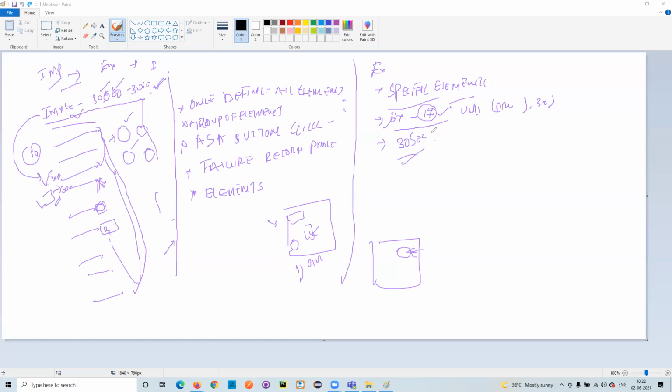Once after 30 seconds it didn't identify that element, it will fail that particular script and abort that test case. It will not go further. It is like a hard assertion, right? It will fail the test case, meaning I'm not able to identify this particular object. It will abort that test case, and then it will print you the result.